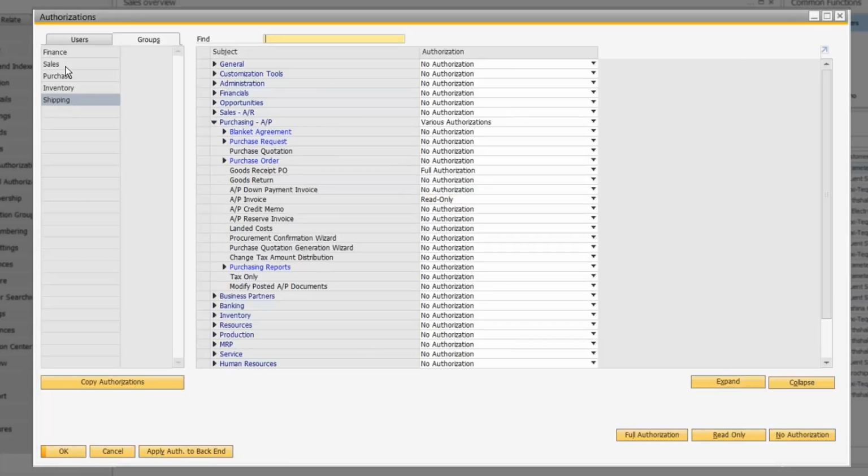Then that means that any user in that user role, be it new users or whatever. It just makes it easier to maintain user authorization levels based on a job role. So that's nice. Now, the other thing to bear in mind too is that